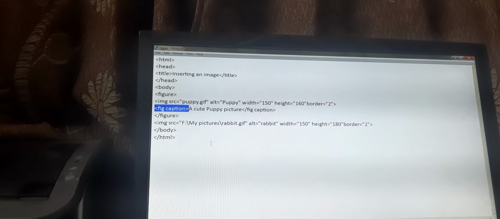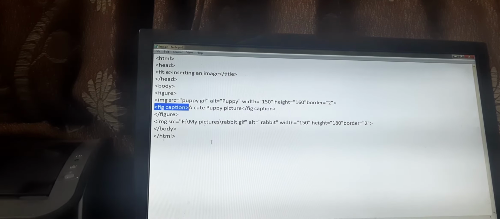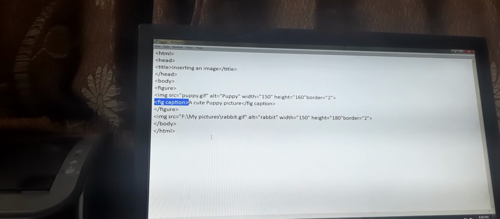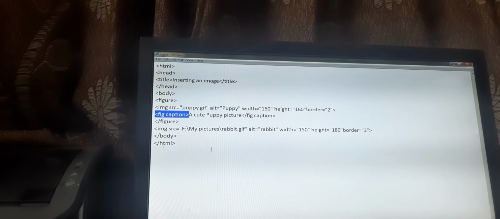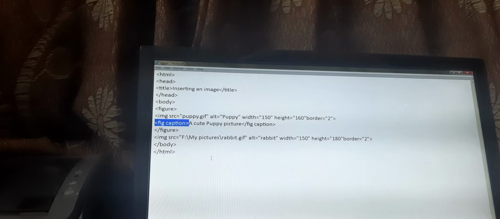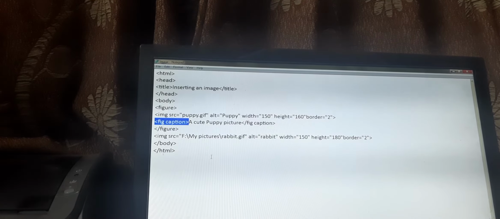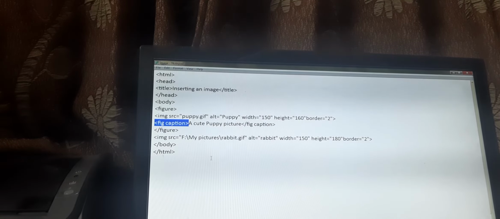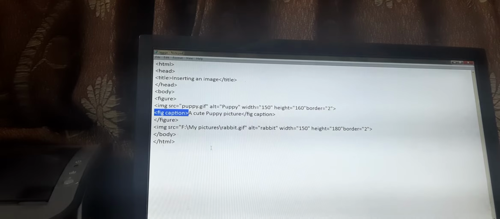Now we need to know what this figcaption is all about. Figcaption is the tag which helps us describe the picture, and this description we give about the picture will be displayed on the screen even if the picture is absent.